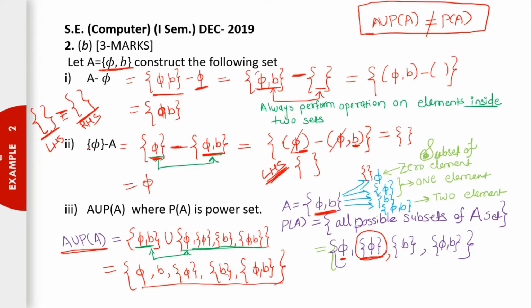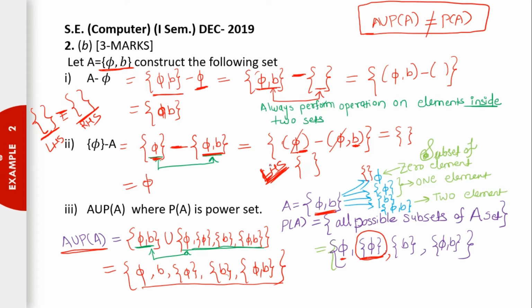In the same way, the set with element phi minus set A will be {phi} minus {phi, b}, and it will be phi minus this phi, comma, b. So it will give me the value minus b, but we never write any element in the negative format. Instead, we don't consider that element and only consider the largest possible elements from the LHS side of my operator.